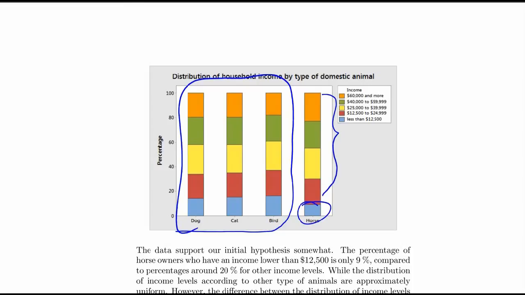However, this dependence, or the link between income and type of animal, is very weak. So there are not a lot of differences between the distributions, even if we